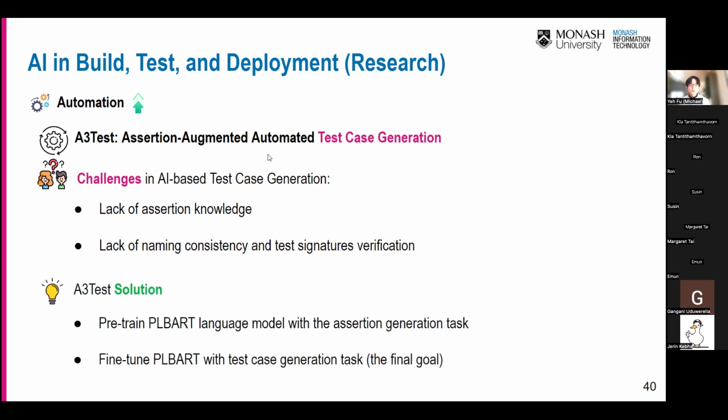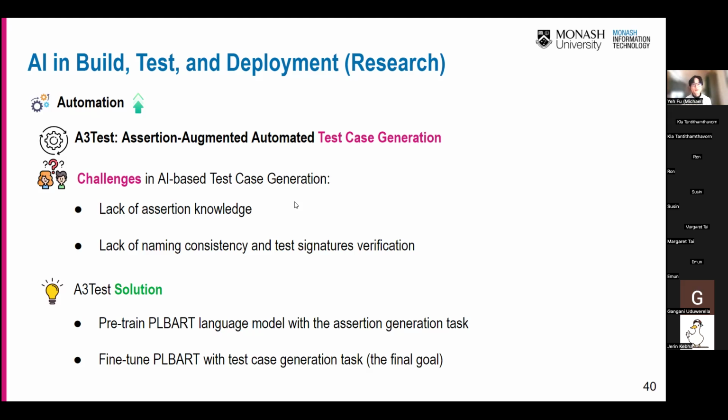The solution provided by A3 Test is that before they train the model on test case generation, they first pre-train the model to infuse some assertion knowledge using a task called assertion generation. So the model will know, okay, I need to take care of assertions during test case generation. Then we train the model on our test case generation data.